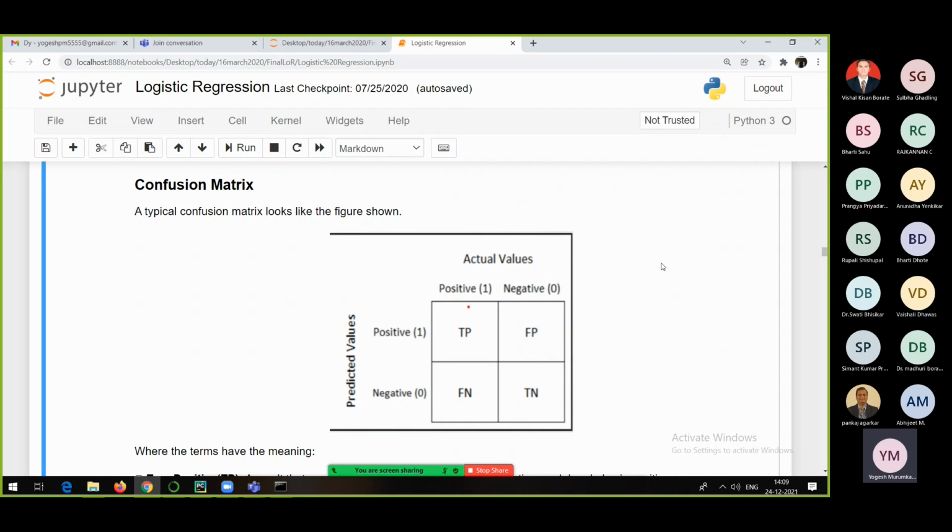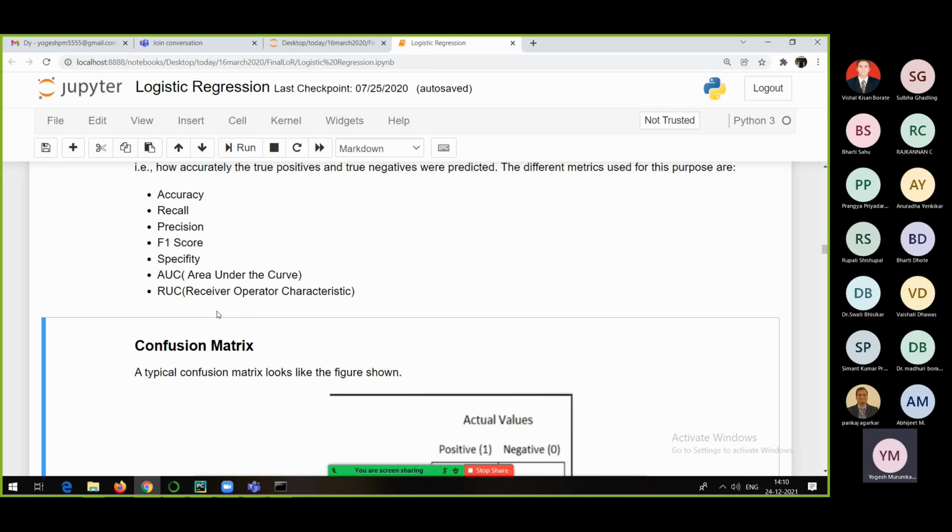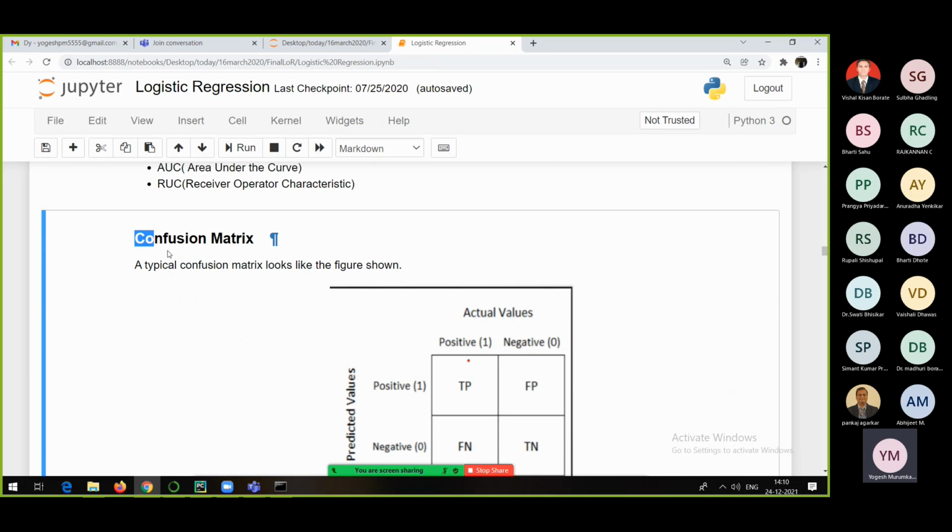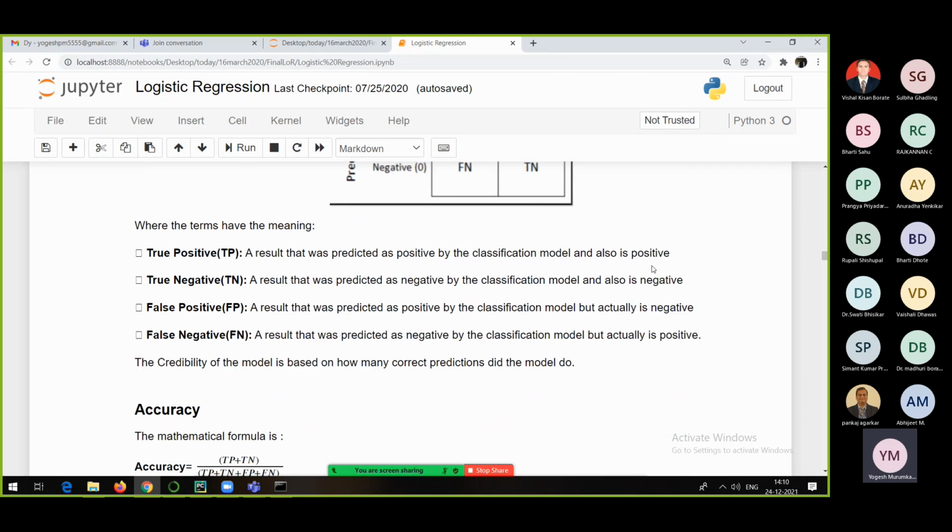Everyone, getting the confusion matrix is not difficult. The most important part is how to interpret it. That is what we discussed in the last session again. That's why I told you that many people have confusion about the confusion matrix. I hope for those who were present in the last session, it must be clear now. But still, if you have any doubt, you can always ask.